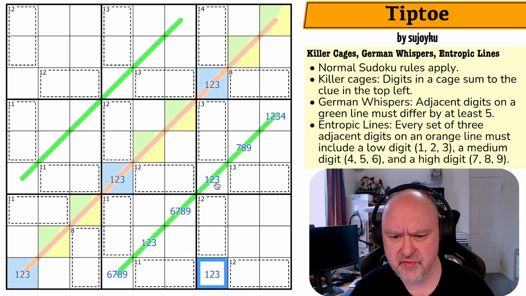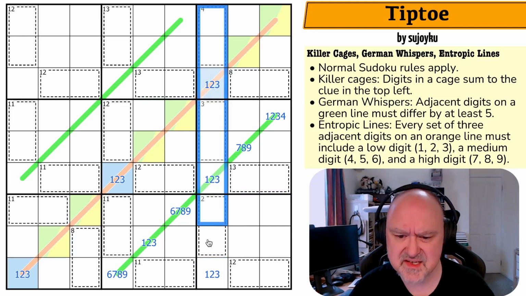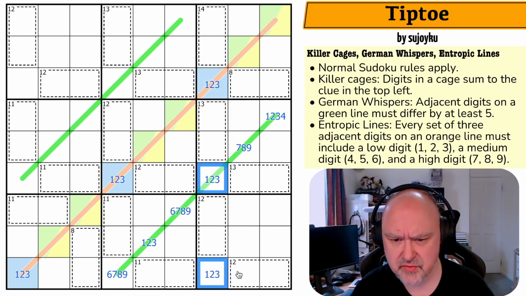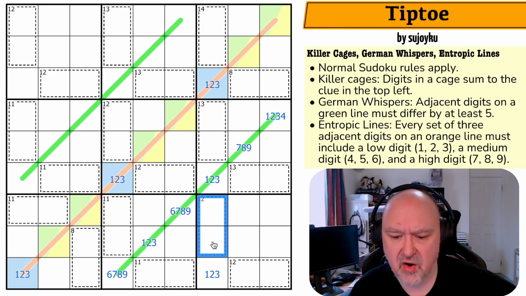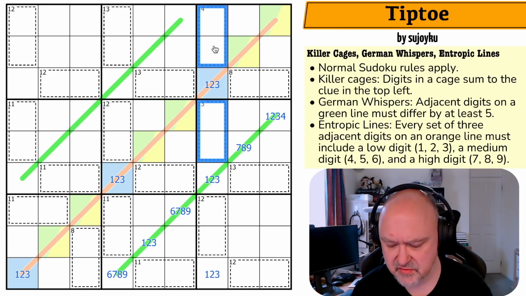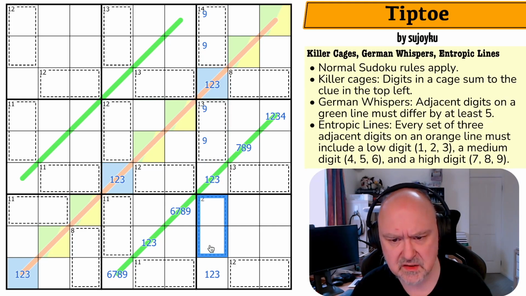So this 1, 2, 3 triple. Actually, it is this column, isn't it? Because these are 1, 2, 3. So how do I make up the rest of these? If I was to put 9 in the 12 cage, it would be 9, 3, which I can't do. So 9 is in one of these 2 cages. Now, where do I put the 8? If I put the 8... 9, 4...